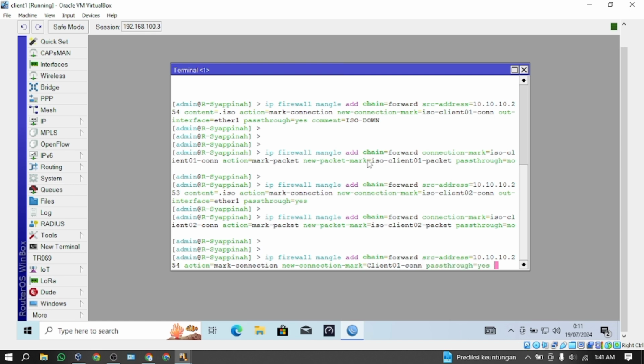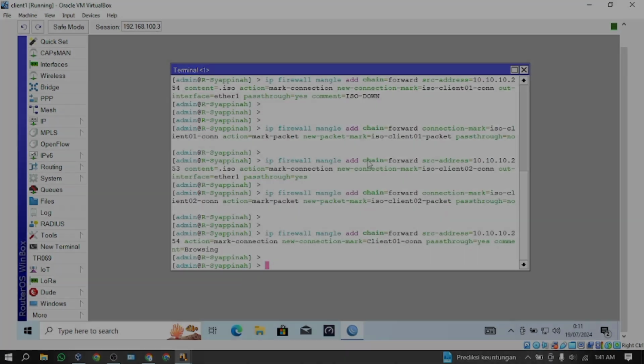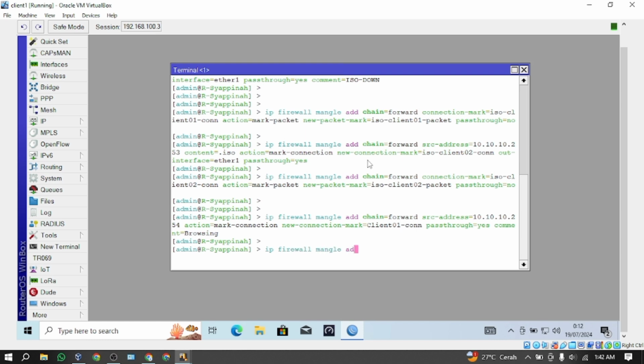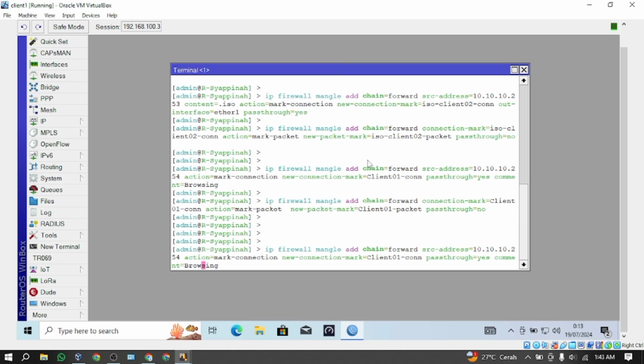Configuration for client 1. Configuration for client 2.